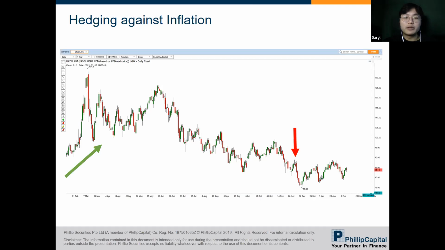We do not necessarily need to have a position before we hedge, or rather hedge only against negative news. We can hedge against inflation. Let's use oil CFD as an example. If you want to hedge against inflation, or you anticipate that the price of oil will continue to increase,